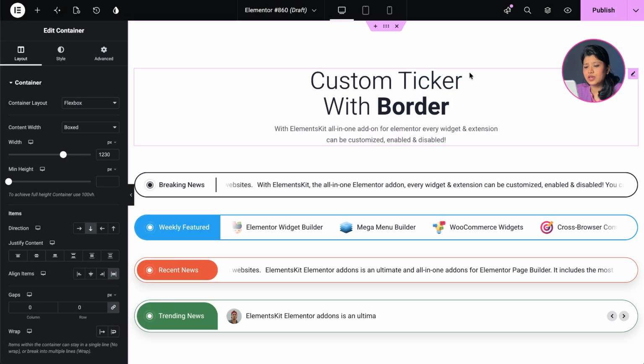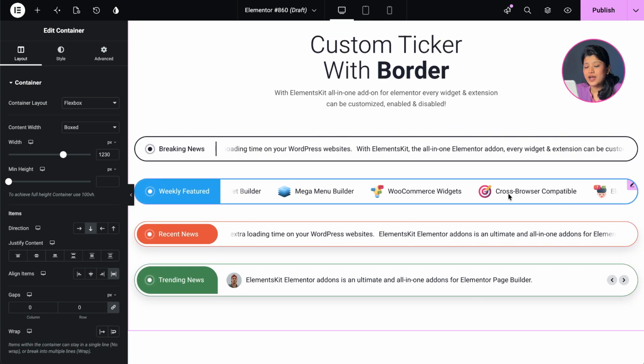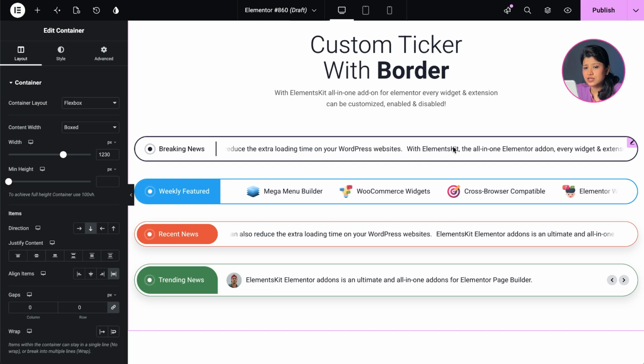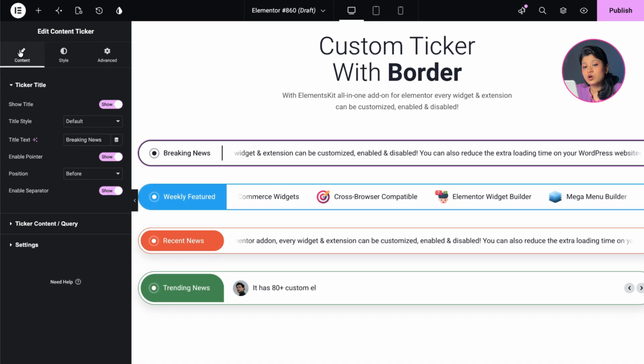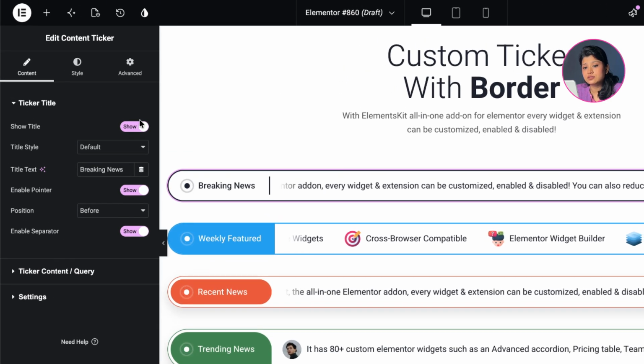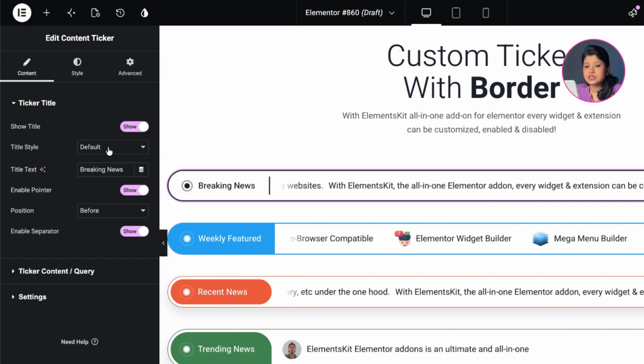This is an easy way to get a ready-made template, which is basically a content ticker arrived in your page, and you can use it in your website and designs. So yeah, let's just work with the first one. Here you can see that, in the content tab, there's a ticker title. If you want to show the title, you just have to click yes, and then the ticker style is set